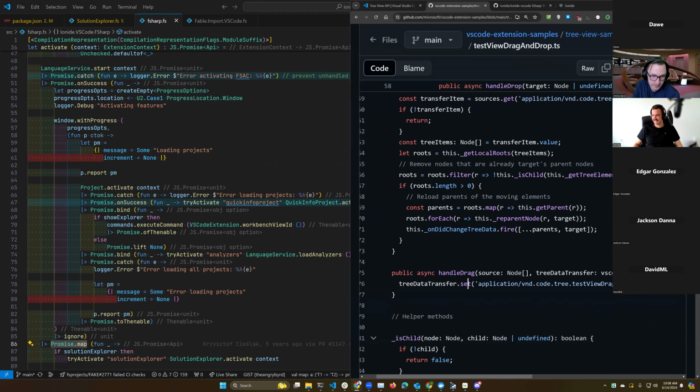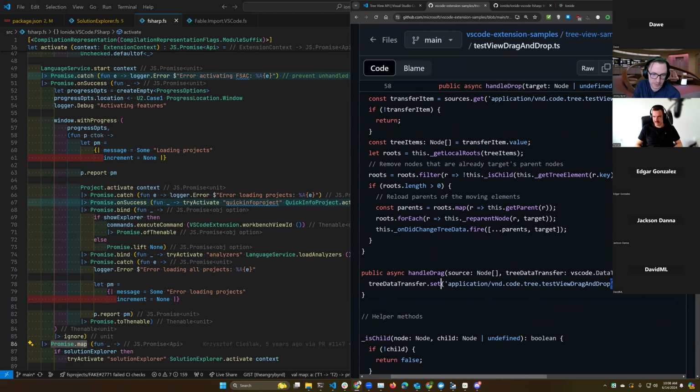And in the drag, it looks like it has some type of key that we're setting. And this is probably trying to be namespaced to your particular tree view. This would be my guess. If you have dynamic tree views, this matters a lot. But for us, it's probably not going to be the case. We have one solution explorer. We're not dynamically creating a bunch of solution explorers.